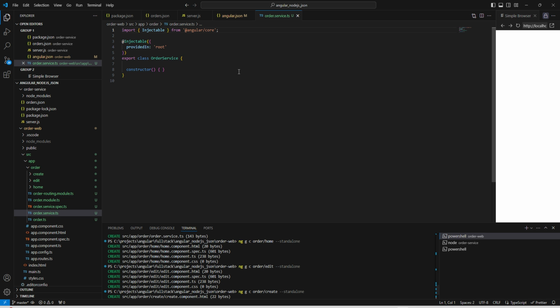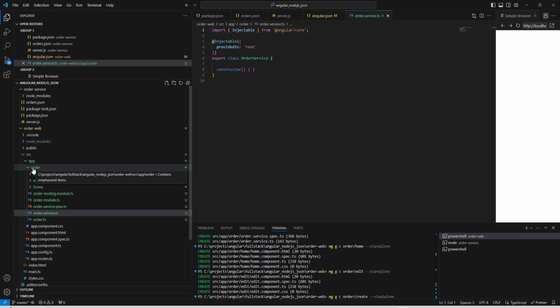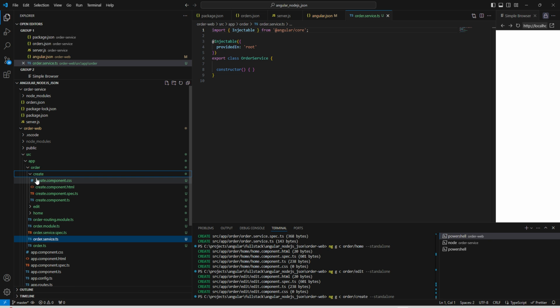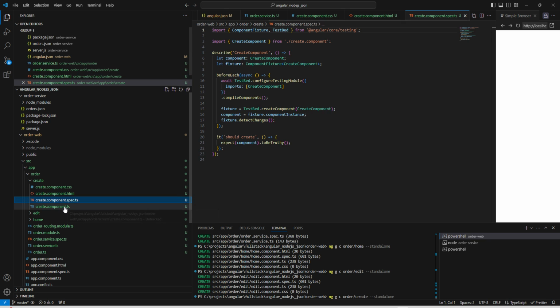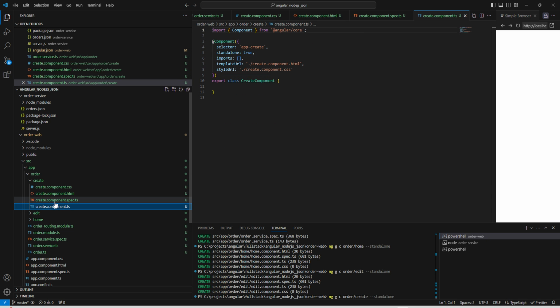Okay, so fine. So what all things we have done, like we have first created our order module. Inside that we have created service. Inside that we have created three components like create, edit and home. Each component has its CSS file, its HTML file, its test file and the TS file. And you can see this create component is for creating the order, this edit component is for editing the order, and this home component is for showing the orders in a table,